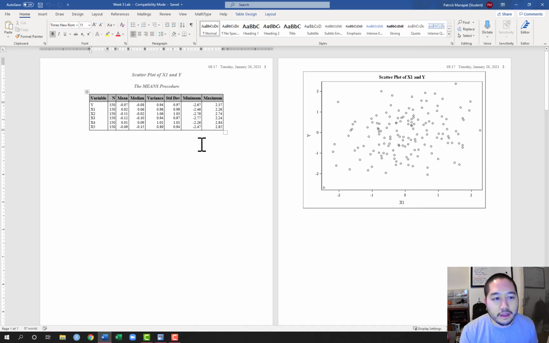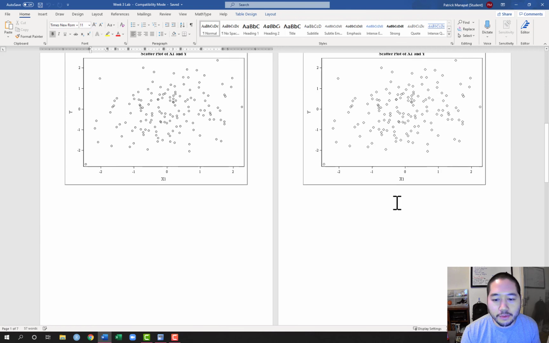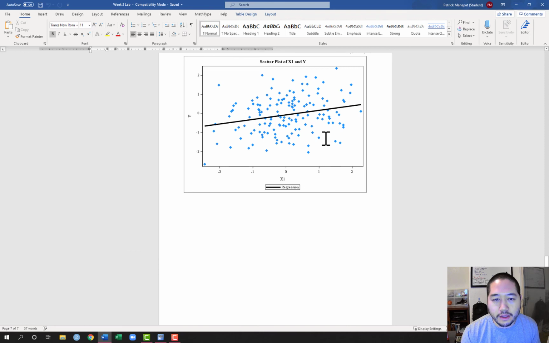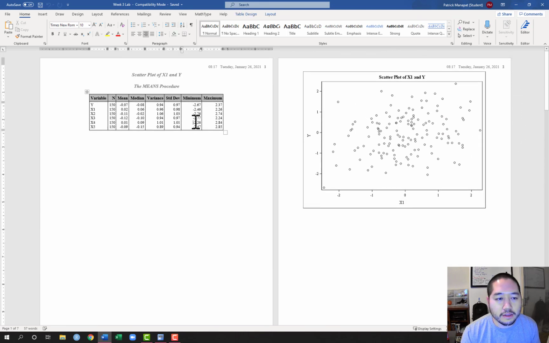Okay, so here we have our table of descriptives, we have our original plot, and then we have all the plots that we have sequentially customized, added customizations to, ending with this plot. And as you can see, these are just images that we can copy and paste into other documents, and that goes for the table as well. And remember, this file is located where we specify the file path is. So if I open up my file finder,